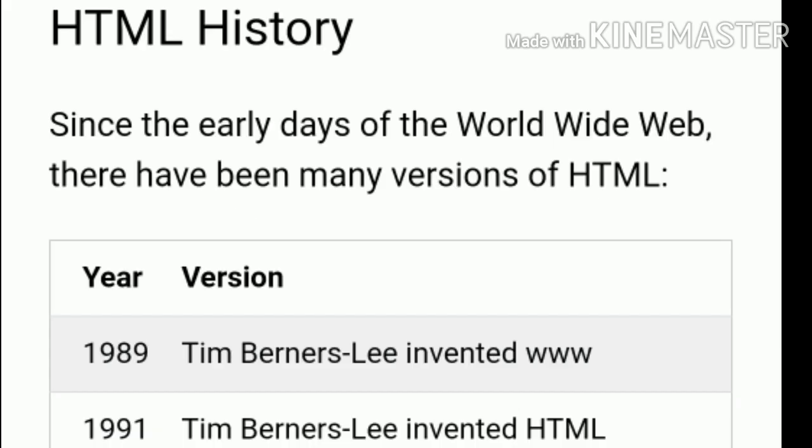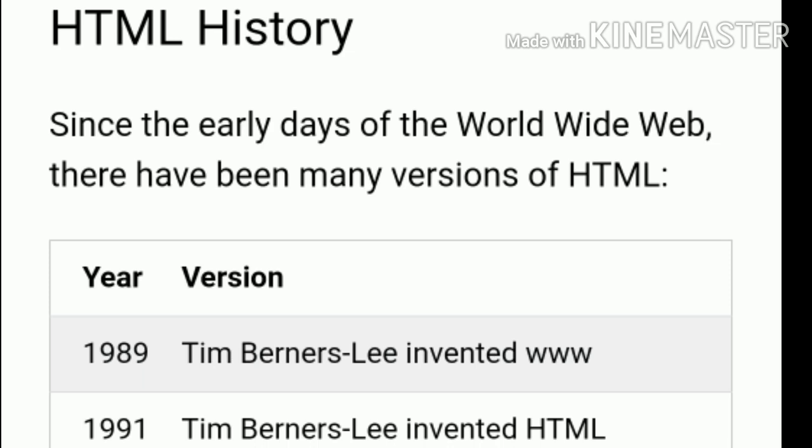In 2012, the WHATWG published the HTML5 living standard.